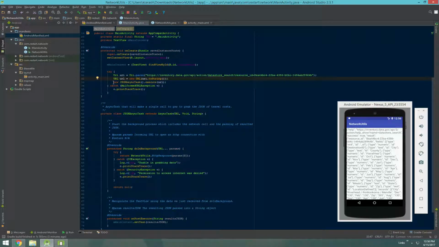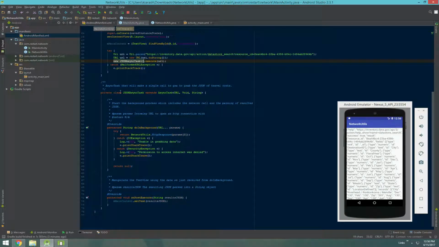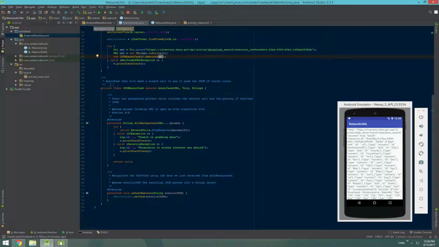Since I believe Gingerbread, you cannot, and frankly you should not, run anything that has to do with the network on the main UI thread. So we're going to create an AsyncTask to be able to perform the network call in the background. So we'll create a new AsyncTask, which is this fancy class down here, and we will execute it by passing a parameter with it as well, the URL that we just created. So in our